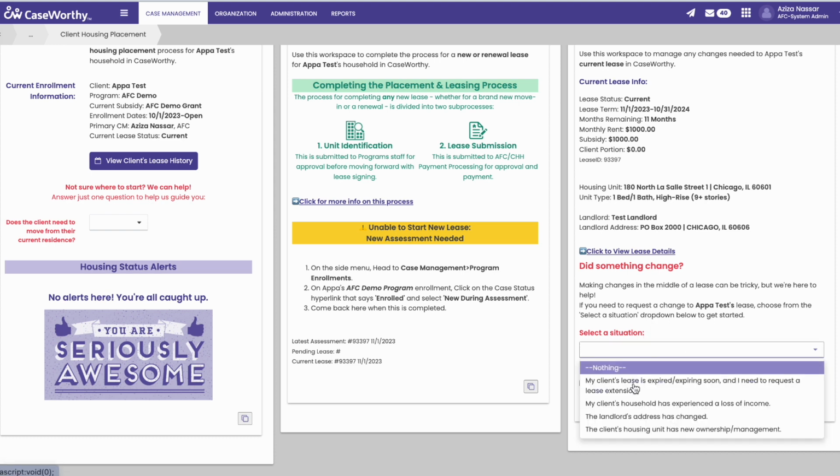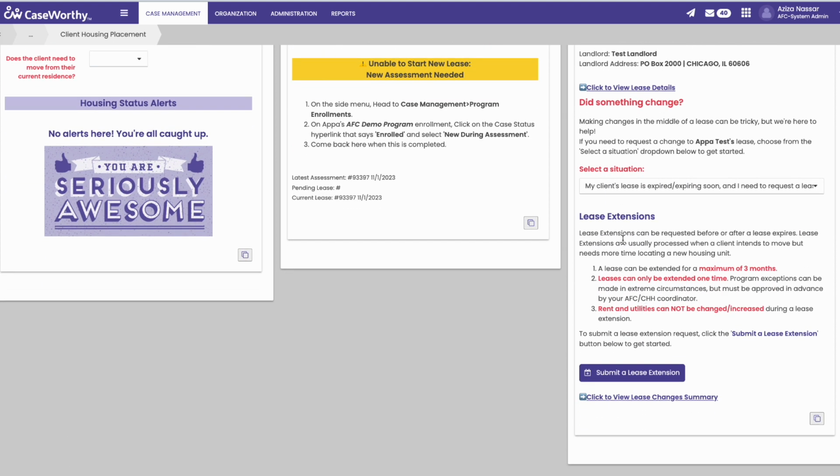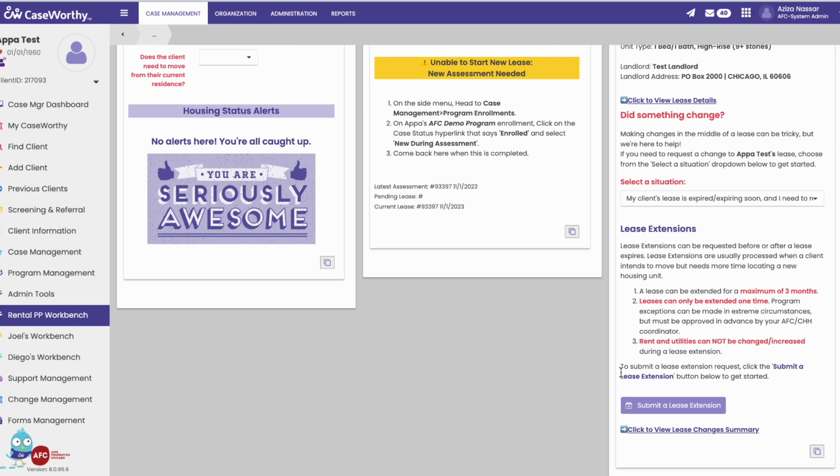So what I'm going to do is I'm going to go through each one of these scenarios and walk us through what is needed. So if we select the first one, lease extensions, what you'll notice here is that it does give you some language around how long a lease extension can be granted. So as we see here, we can extend a lease up to 3 months. And so anything outside of that will just need to be submitted as a regular lease. So when you click on submit a lease extension,